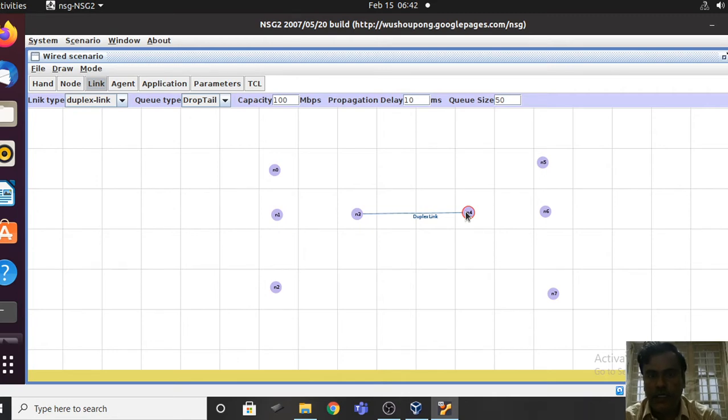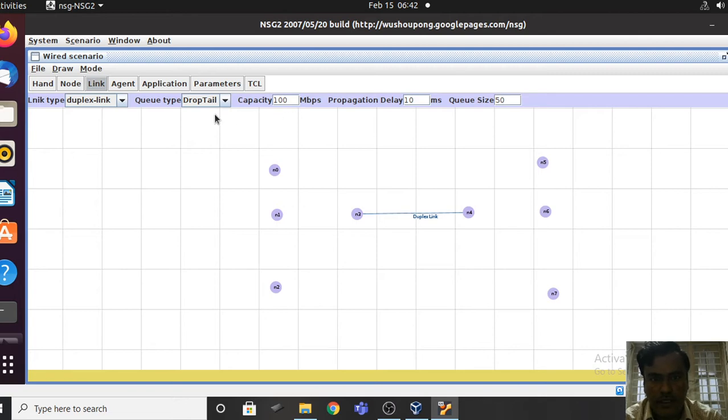You just record those values, which are going to be useful at the time of plotting your graph. So that is what we have to do. This is the capacity and queue size I have taken for the common channel.